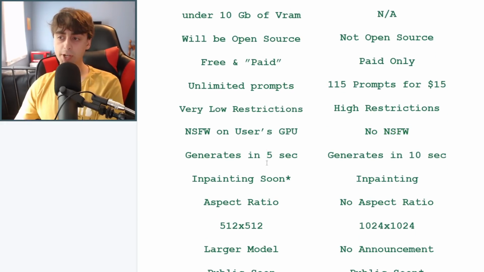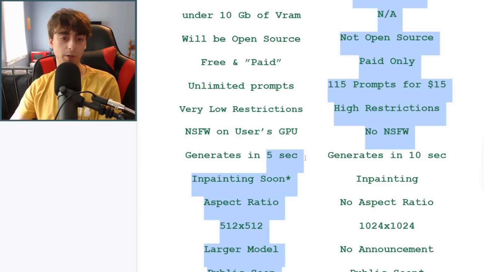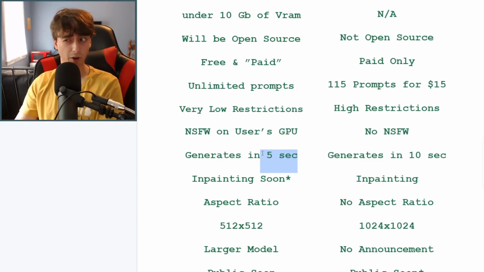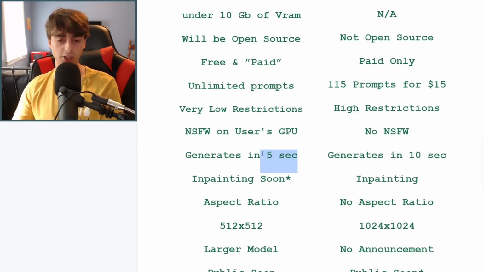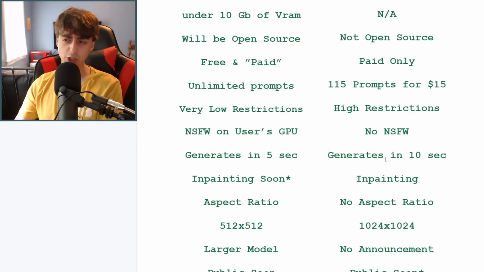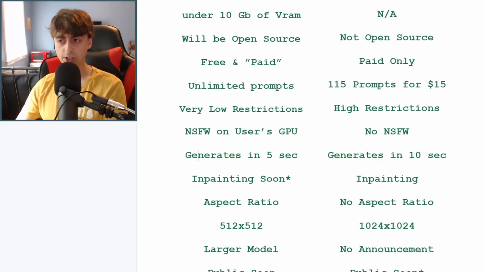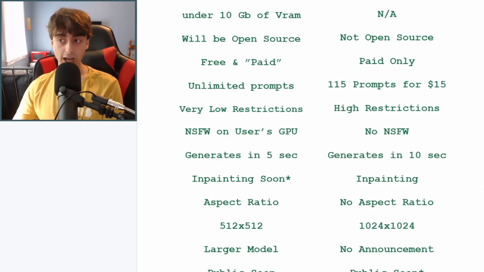For generation time here, with Stable Diffusion, we're looking at around a 5-second generation time. It's very snappy and very quick. That's on the web app for now, at least, and apparently it's also going to be around this time when you run it on your own GPU at home. Maybe, I mean, it's going to depend on what kind of graphics card you have in your system, right? And right now, Dall-E 2 generates anywhere from 10 seconds-ish, usually, maybe 15 seconds if the servers are a little overloaded, but both of them are actually very quick, I have to say. I don't really have complaints with the generation time for either, but Stable Diffusion's snappy right now, I do have to say.